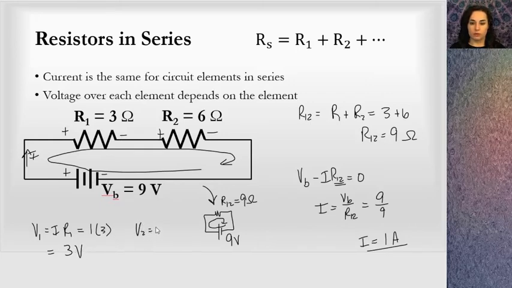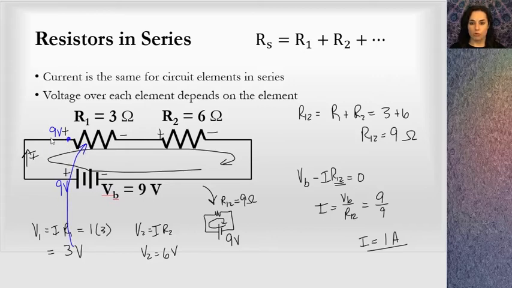V2 will equal IR2, so we get 1 times 6, so V2 equals 6 volts. So this is how this works, and when you're thinking about voltage drops across different circuit elements, what I'm going to do is follow the voltage in this circuit. I start out with 9 volts on this side, and I get to this side of the resistor, and it also has 9 volts. What I see is that there's a